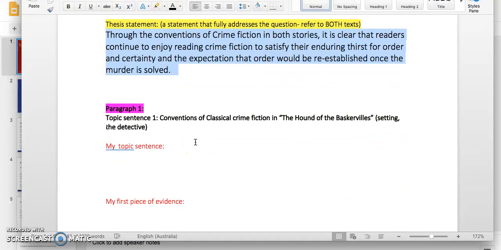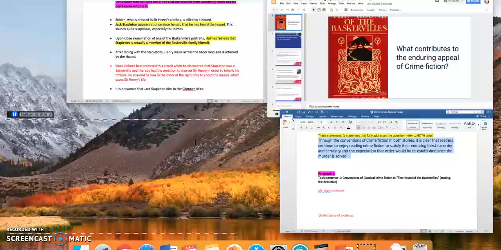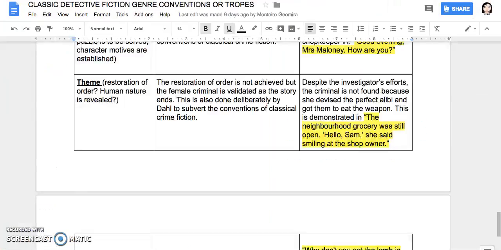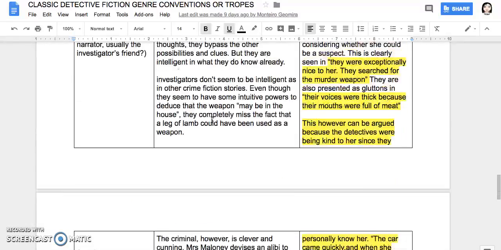In my paragraph number 1, by the way, I've only written 3 paragraphs because I'm only dealing with Hound of the Baskervilles at this stage. I'd like you to do a little bit of writing on your own for Lamb to the Slaughter. We've done a fair bit of planning for that. If you go back to that document that we did in class,